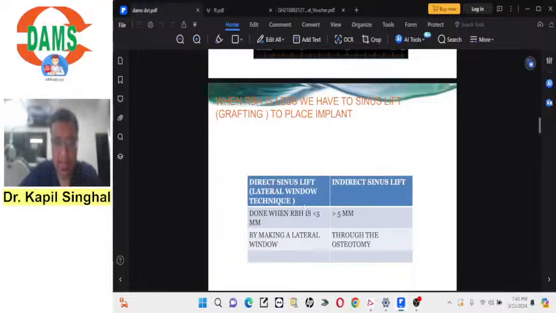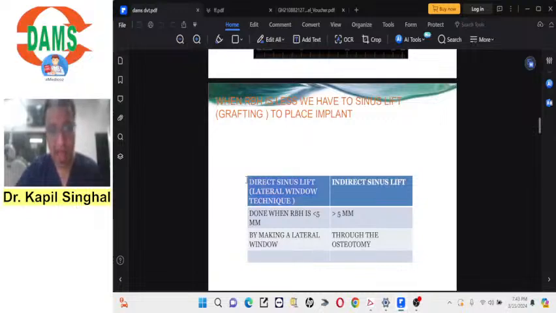If my bone height is less, then we have to do a sinus grafting or a sinus lift. Now there are two types of sinus lift. They have asked a question previously in All India also about sinus lift, so now you should know about sinus lift also. There are two types of sinus grafting. One is a direct sinus lift,